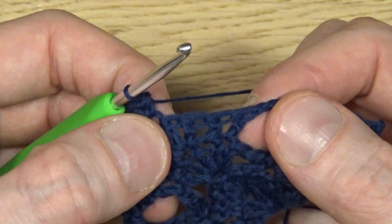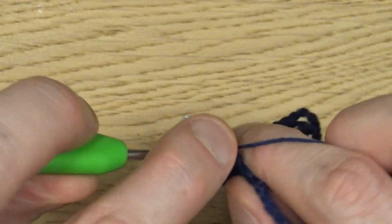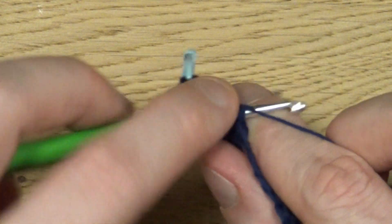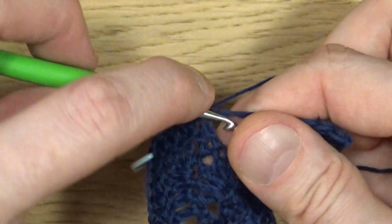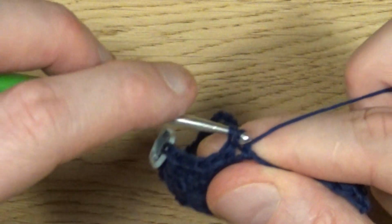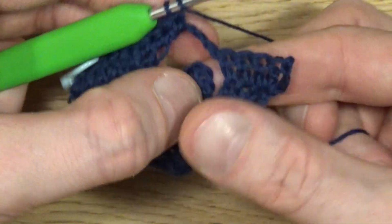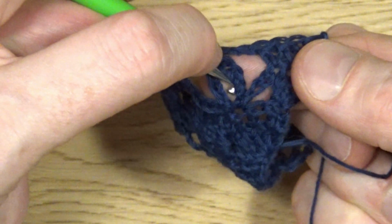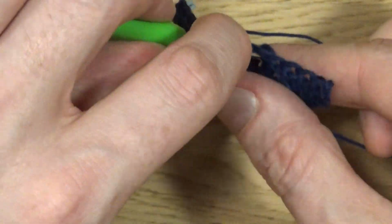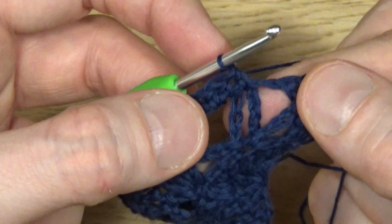The next 4 stitches, each of them is getting a half double. So 1, 2, 3 and 4. Around those chain 5 we're making 2 half doubles. 1 and 2. Our next half double is going to secure our chain 8 from row 3. So insert your hook in that opening from your chain 8 and attach it with the half double around, like this,